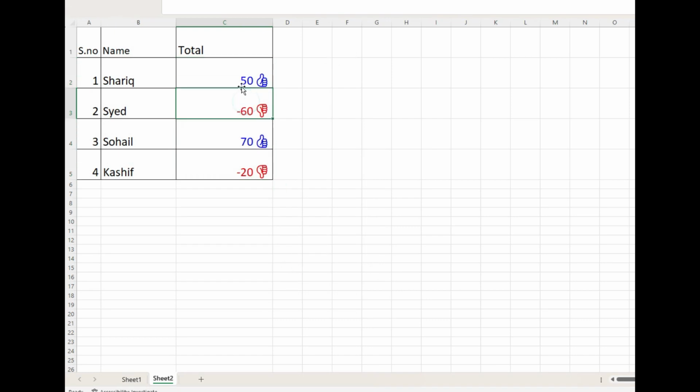So you can see now the value which is positive is thumbs up and the value which is negative is thumbs down. So I hope everything will be clear. You can select any emoji. I selected this one. You select laughing or